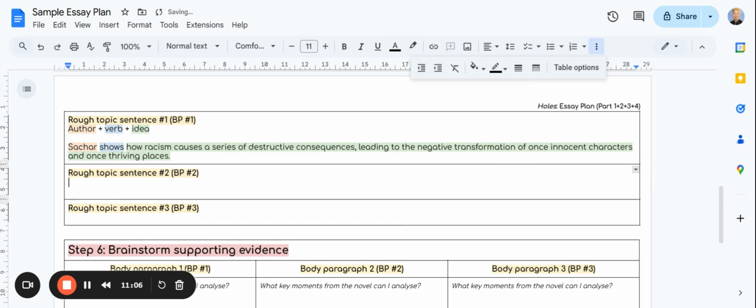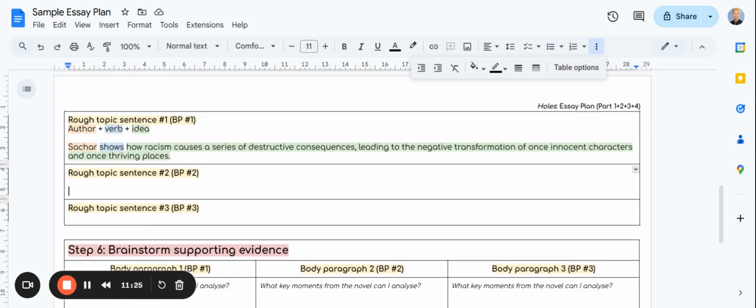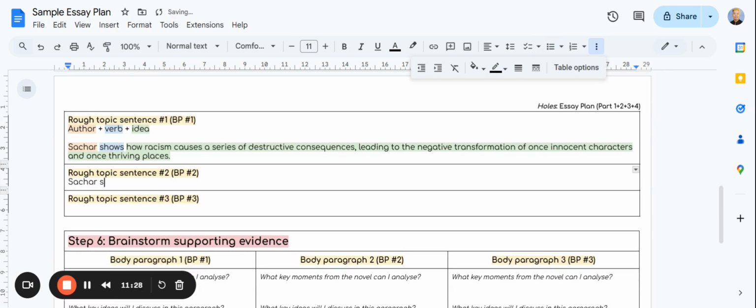Now, rough topic sentence number 2. Again, I go back to my contention and I go back to some of these examples. And I ask myself, what is Lewis Sacca trying to show us through these examples? Well, if we look at the example of Stanley and Zero, we can state that Sacca suggests, again, author and verb, that positive transformation can occur when characters are forced to overcome near fatal events